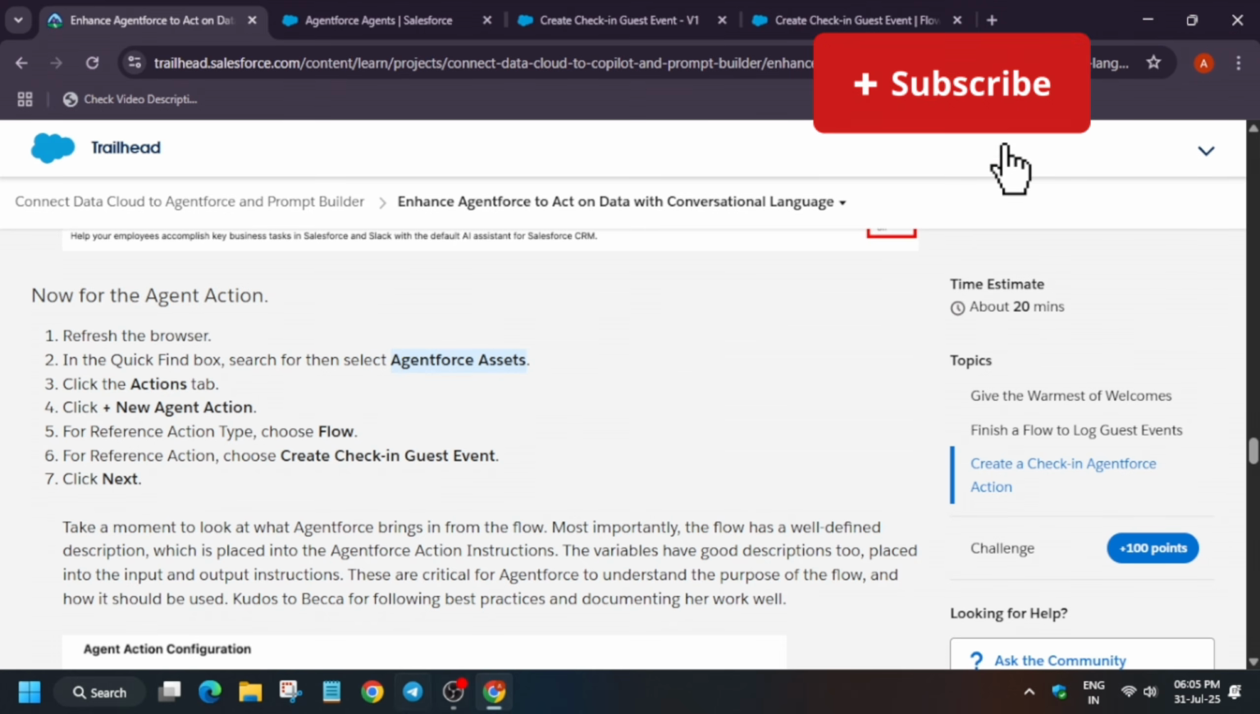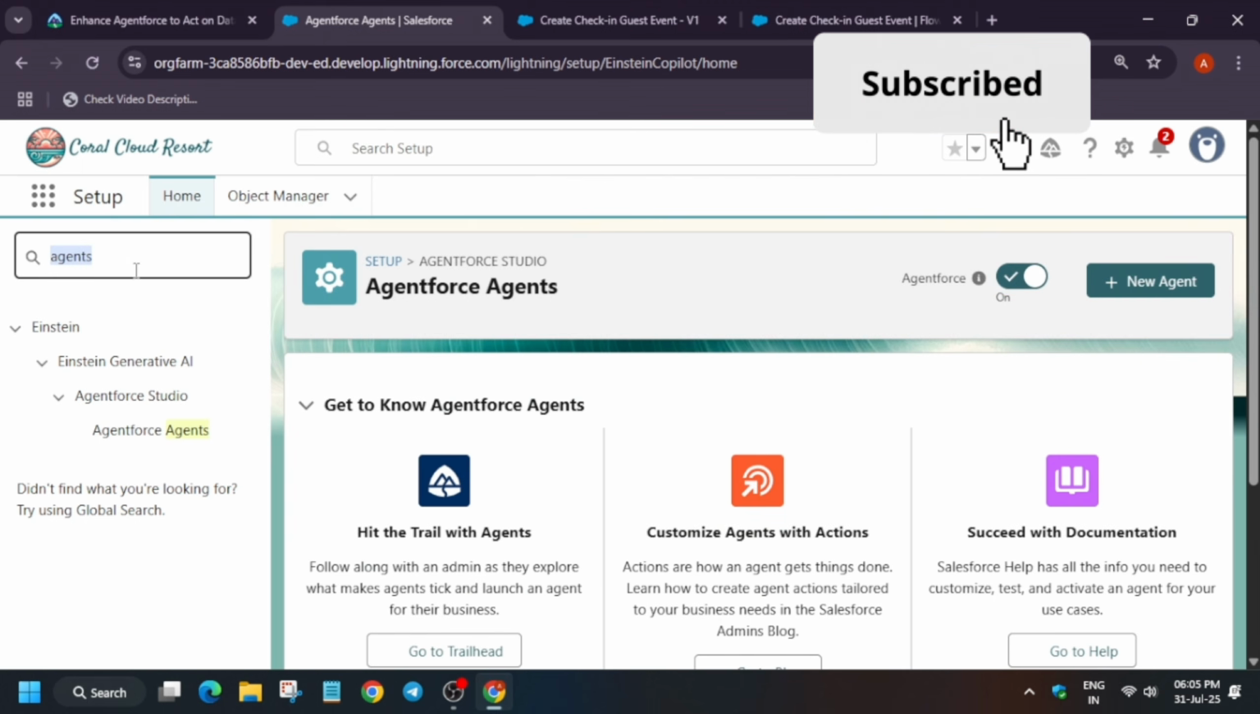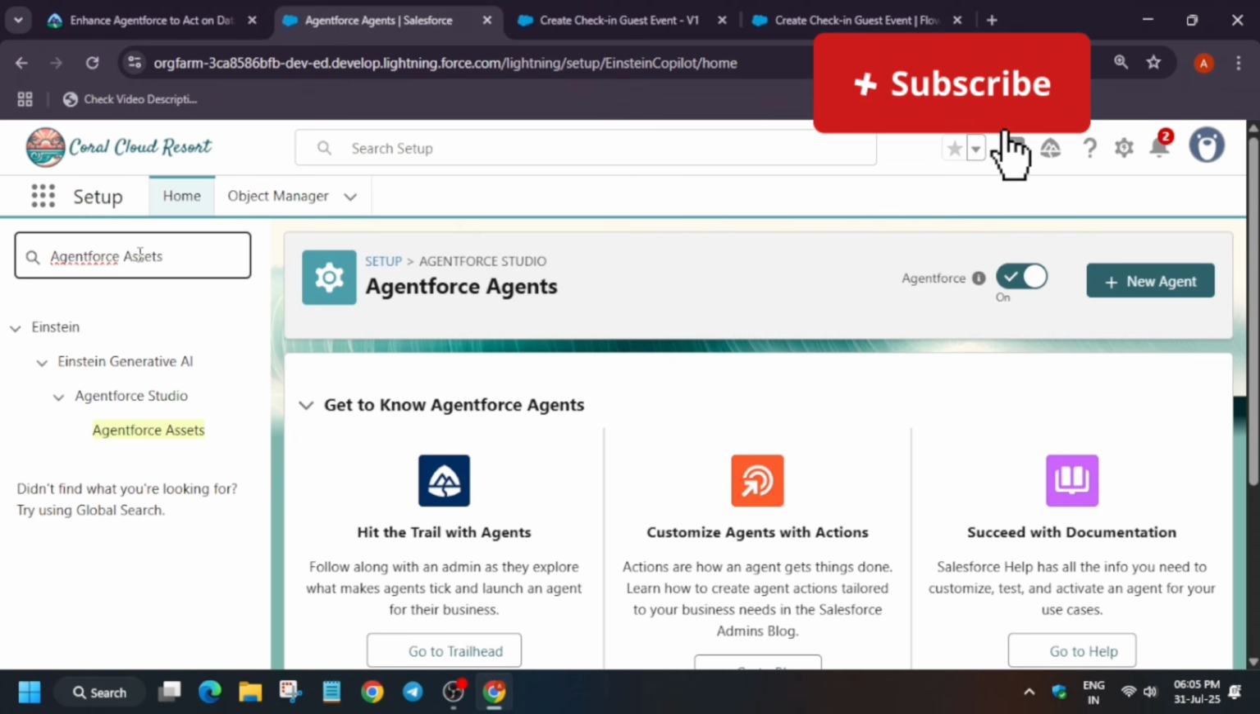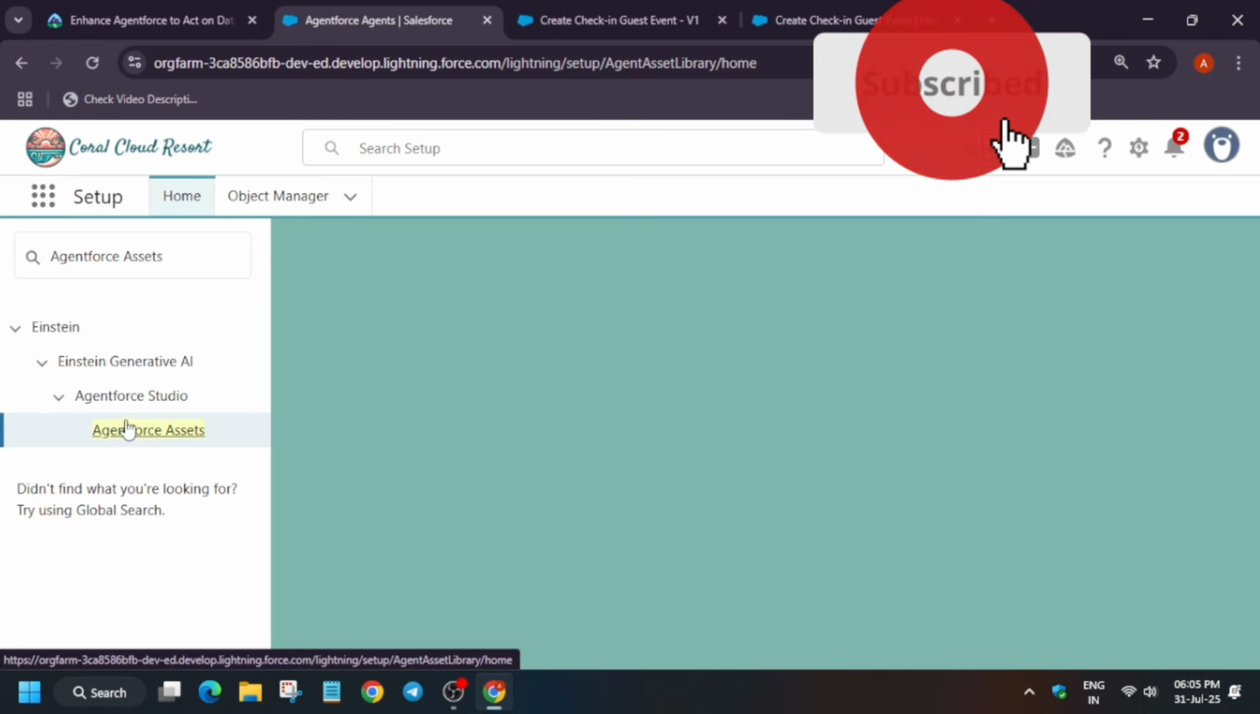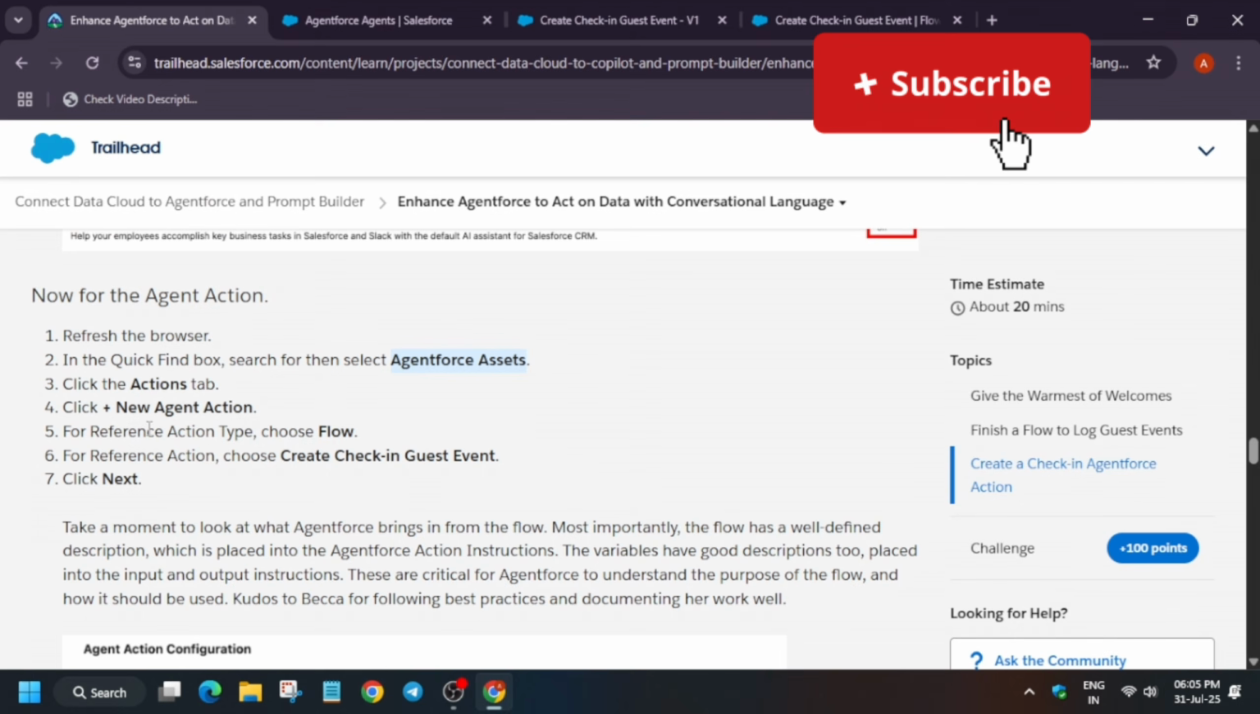So copy the asset carefully, on the search box type it, and just hit enter. You can see the Agentforce assets are available here. You have to just click on it. Now here we have to just